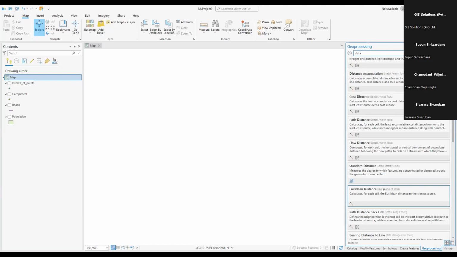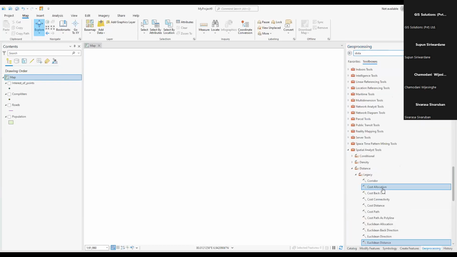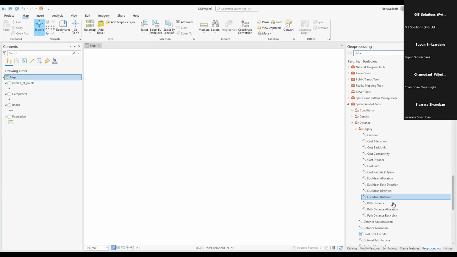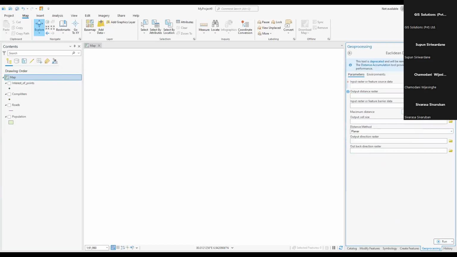In there, you can find the Euclidean distance. There are other distances you can apply as per your requirement. So now I'm going to select Euclidean distance, and I keep my interest points, those supportive points. And I will ask the system to keep the cell size as 50 for the output cells,